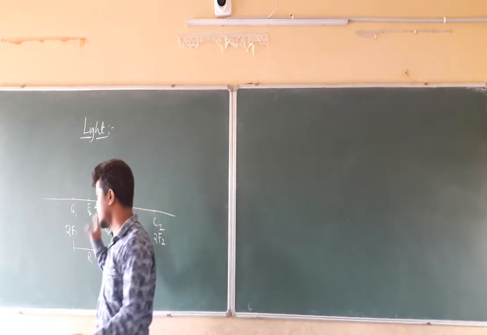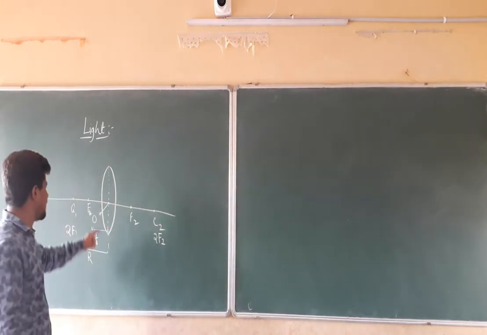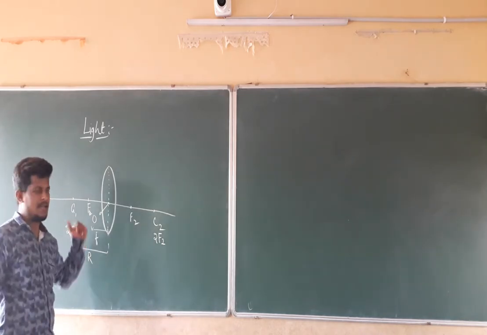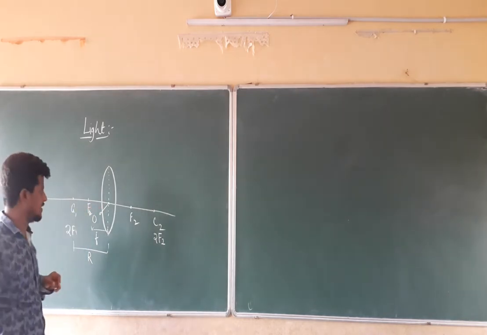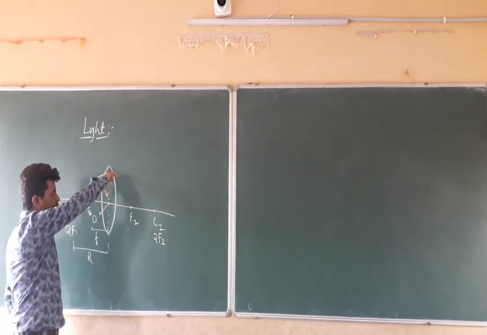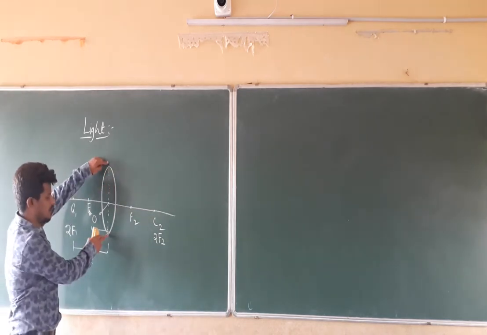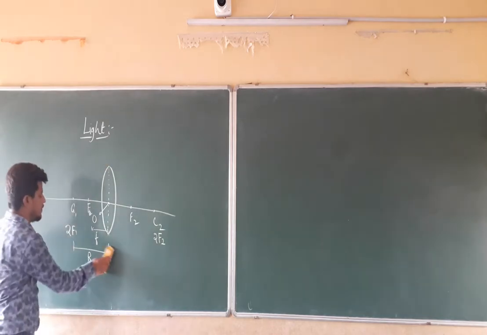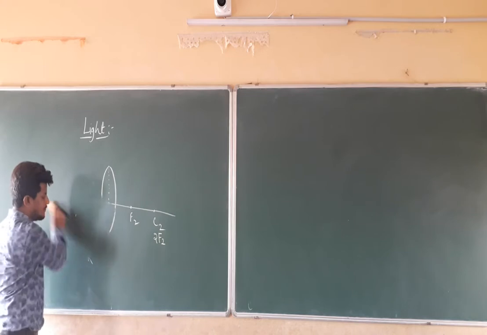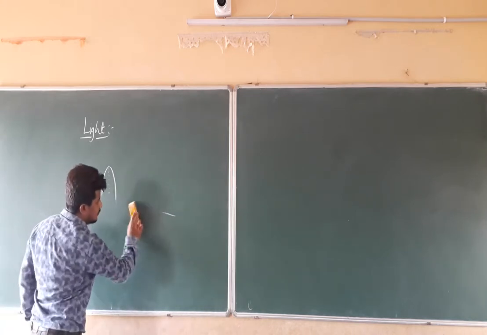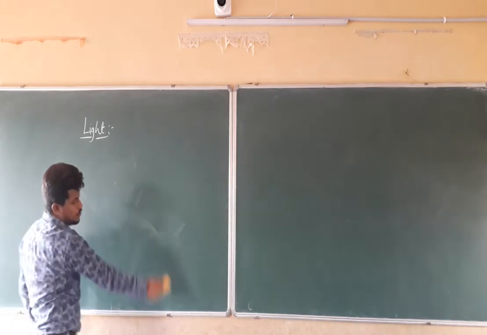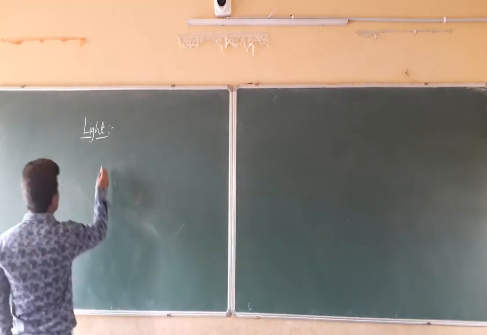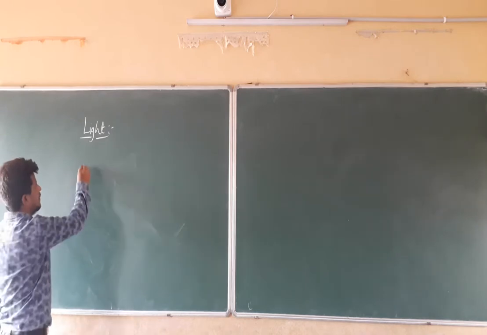It is already discussed in the mirror topic. The extra point is the optic center. You should remember, in case of the mirror, it will be the pole. In case of the lens, it will be the optic center. And the whole thing, from this point to this point, is known as the aperture. Right. So one by one we are going to see those tips to draw the ray diagram, so that we can find the position of an image. So we are going to take the examples.